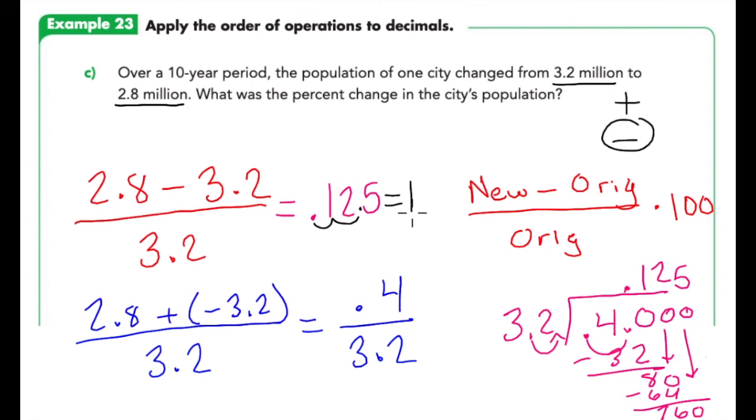And this is going to be equal to 12.5%. But in our original problem, it was a decrease, and you could see here that this 3.2 was bigger than 2.8, which makes that a negative. We were left with a negative over a positive. So our answer here would be a negative 12.5%